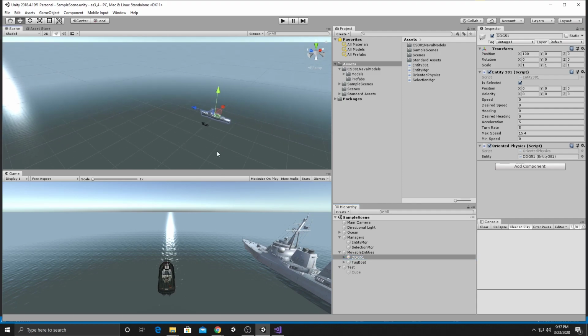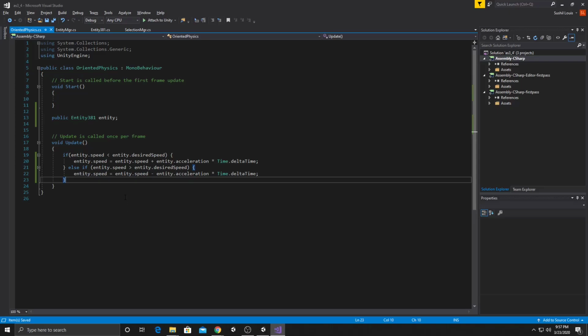Let's put it over here. And I wanted to move forward, right? So I can do this, and then I'm going to handle heading changes, and then I'm going to say